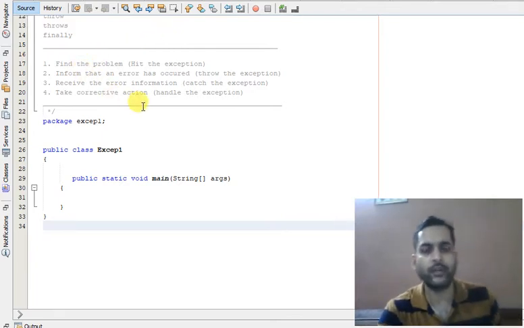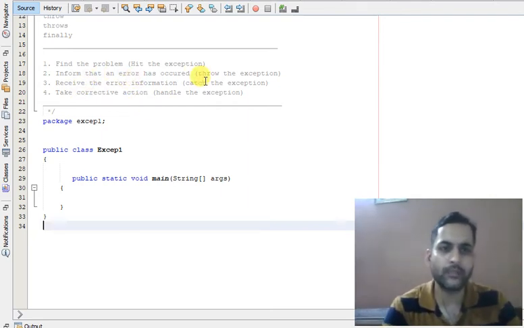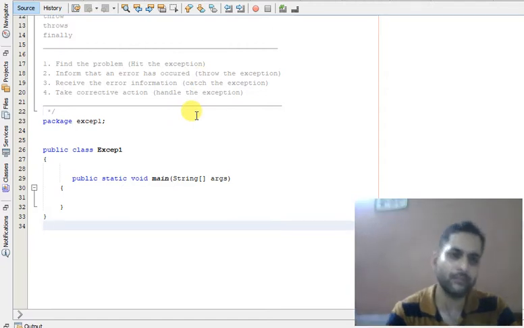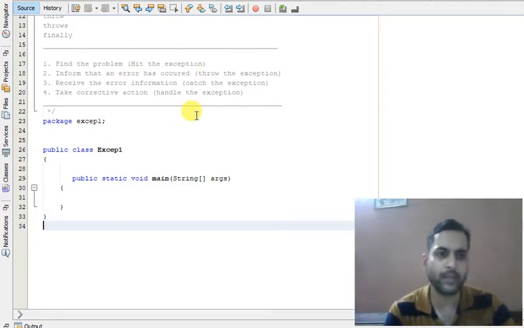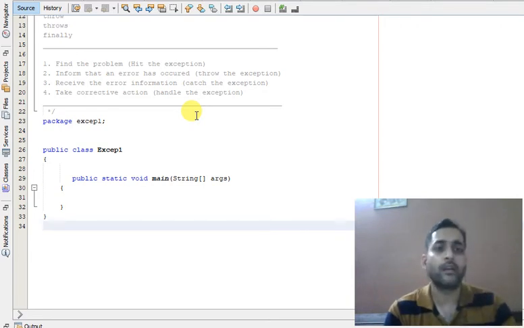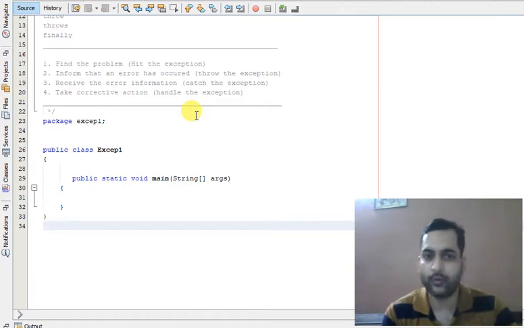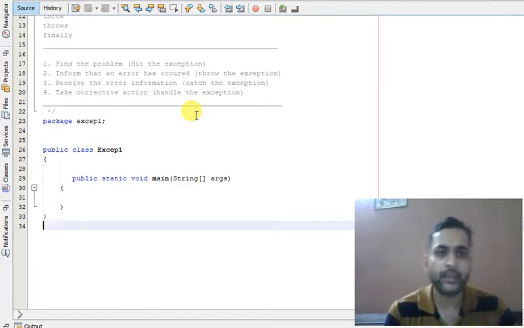The try block finds the problem, that means it hits the exception, and then throws that exception. That exception is actually an object, and it is caught by the catch block, and in the catch block itself we can take the corrective action.